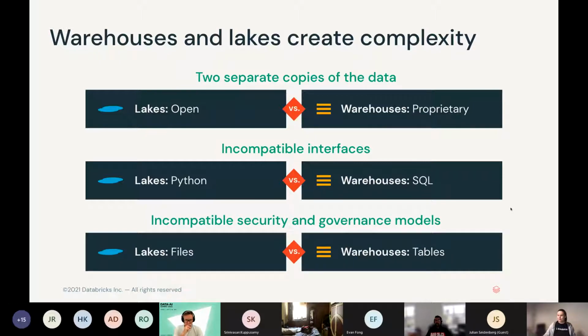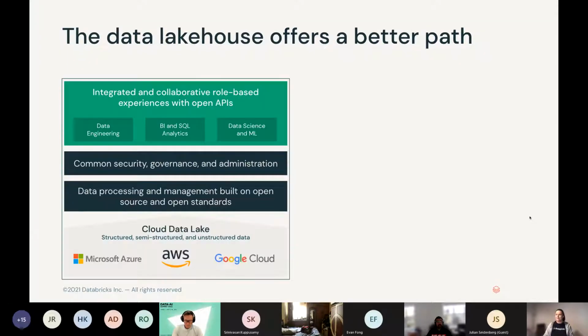Now, the security and governance is also incompatible, because if you think about data lakes, your data sits in files. It could be video files, it could be a CSV file that would actually look like a table, but it is at file level. So your security is at file level, on maybe an S3 bucket, maybe an Azure container. But if you go to a data warehouse, now suddenly we have tables. So you have table access control, you have views, you have users. So yet again, it's a different security and governance model, and it's quite hard to keep them together.